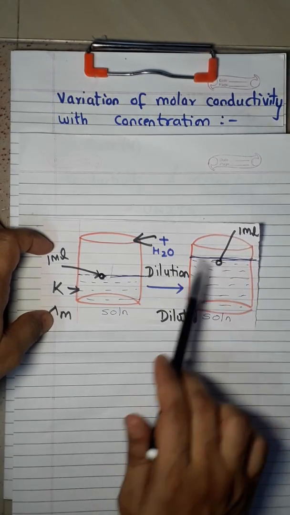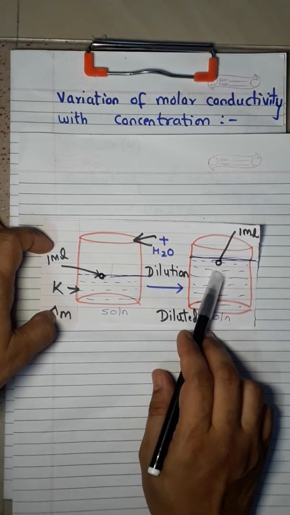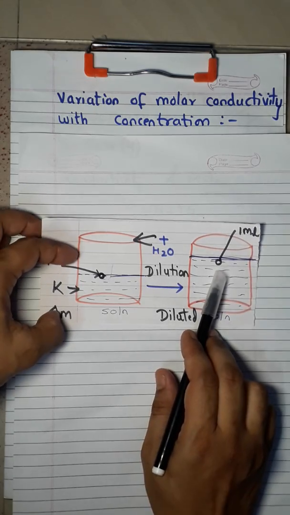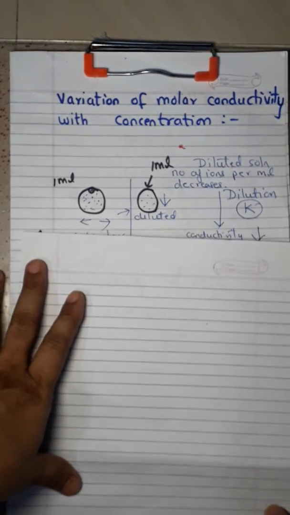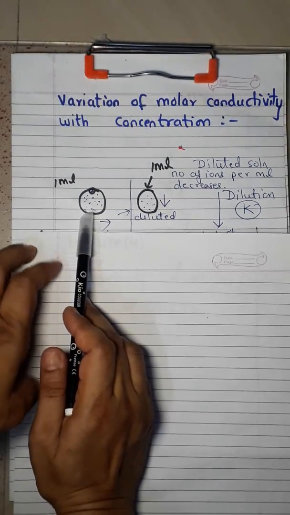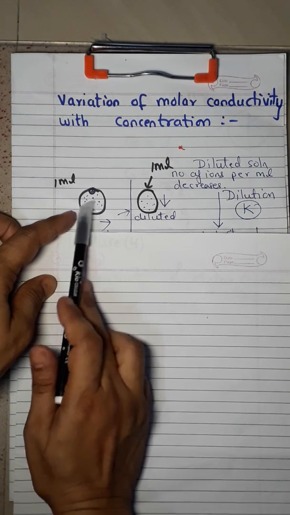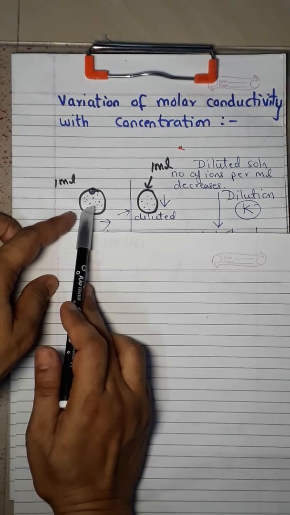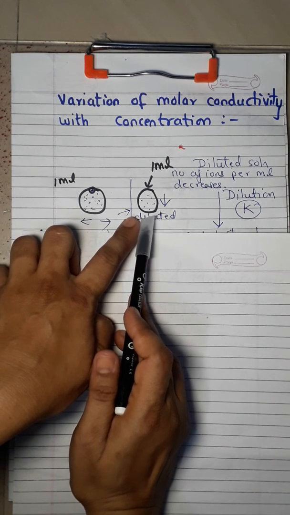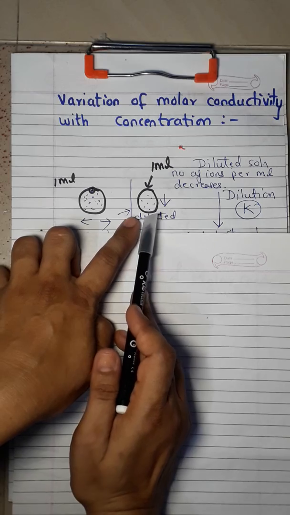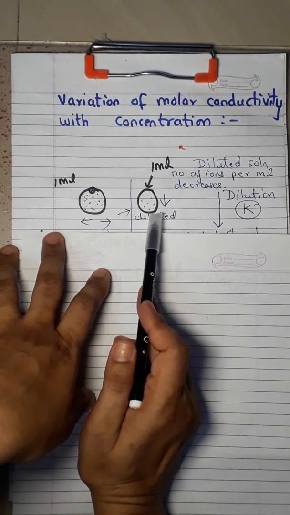When the volume of the solution increases, the number of ions goes on increasing. But per ml the number of ions is less. I would like to explain this by this. Suppose we are having 1 ml which is not diluted yet. In 1 ml you can see many blue dots, which means many ions are there. But when you add water, you have diluted the solution, and when you take 1 ml out of the diluted solution, you can see the number of blue dots is less, which means the number of ions is less.